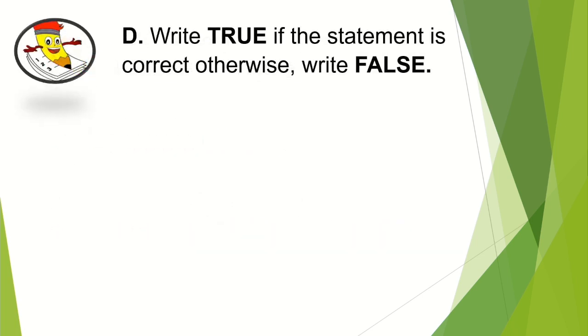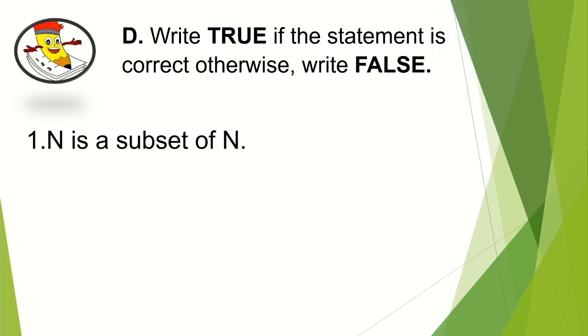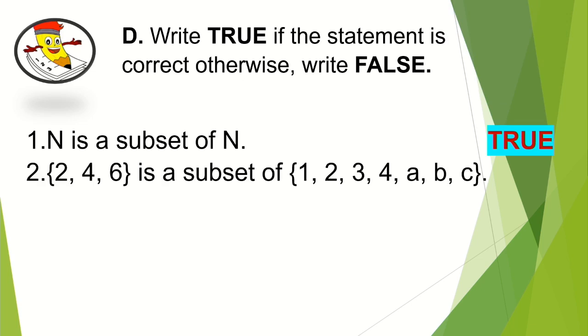D. Write true if this statement is correct, otherwise write false. You are given 3 seconds to answer each of the following. Number 1. N is a subset of N. Answer. True. Number 2. The set that contains the elements 2, 4, and 6 is a subset of the set